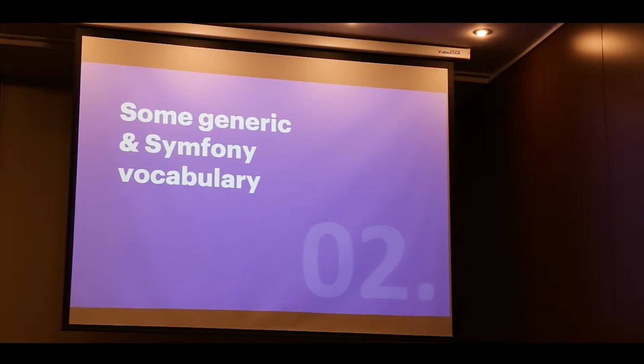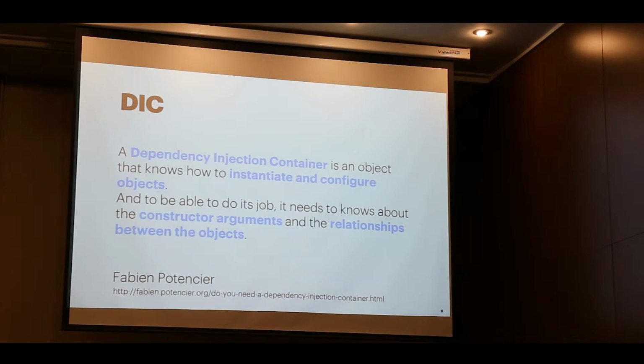To be more precise, here is some definition. The dependency injection container is a simple object that knows how to instantiate and configure objects. It's a definition made by Fabien Potencier. It's not truly difficult. You configure your dependency injection container with a YAML file, XML file, PHP file, whatever. And after you give this file to your container, it interprets the content and delivers the dependency injection container. It's simple when I say this, but it's harder.